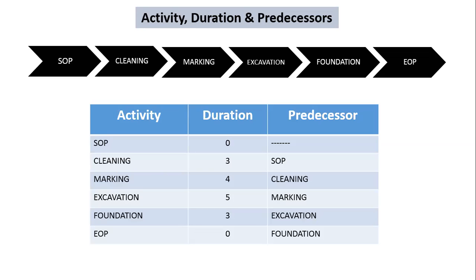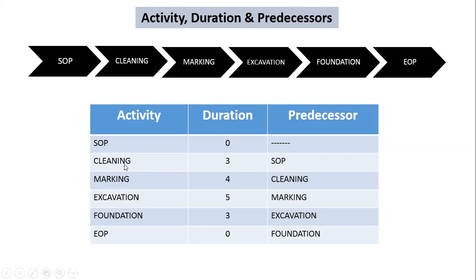Because we will be having 2 terms here, that is predecessor as well as successor. But we won't use the word successor in this Primavera. We only concentrate on the previous activity because we are about to do an activity after completion of the previous activity, right? Is it or not? Yes, sir. This is a simple example that I have taken here.